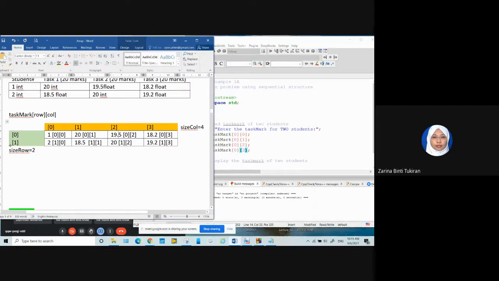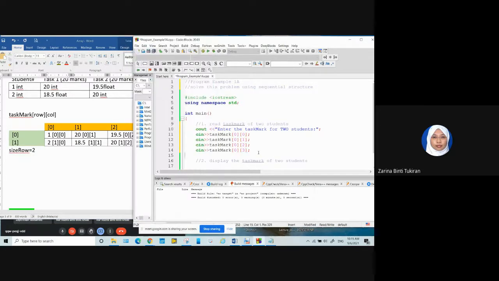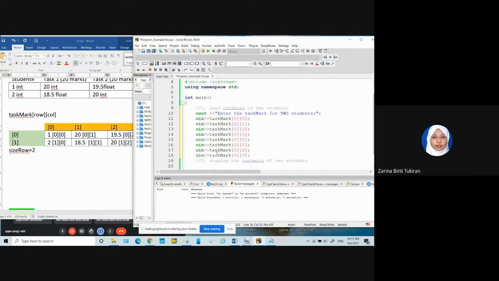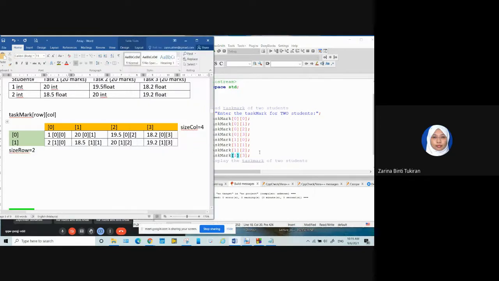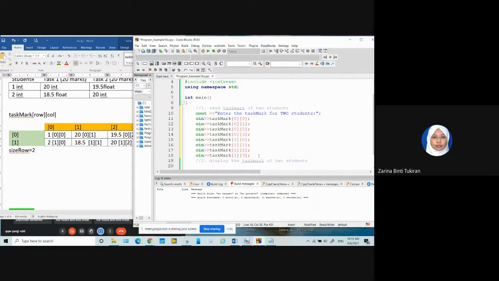Okay, for the second student, it is 1 and 0. So I can copy all this. I need to change only the row index. Okay, 1, 0, 1, 1, 1, 2 and 1, 3. Right. So after that,